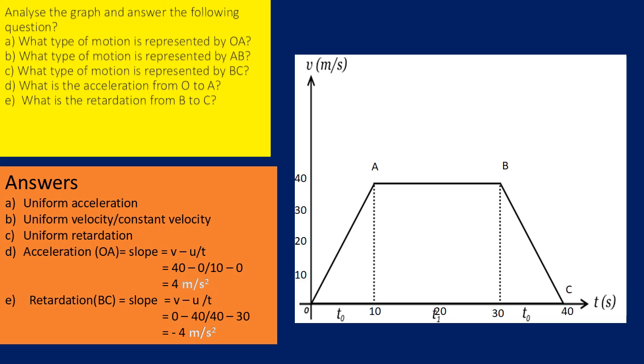Is it clear, children? Okay, now what is the retardation from B to C? So to calculate retardation, that means acceleration, we have to again take the slope, isn't it? The point BC. B represents the time interval that is 30 to 40. So look at the corresponding y values there. Yeah, B corresponds to 40 and C corresponds to 0. So actually its initial velocity was 40 meter per second and its final velocity is 0 since it is coming to rest. So taking the change in velocity, final velocity is 0 minus initial velocity is 40, divided by 40 minus 30, and so the acceleration is negative, that is minus 4 meter per second square. Children, hope it is clear. Go through it again.